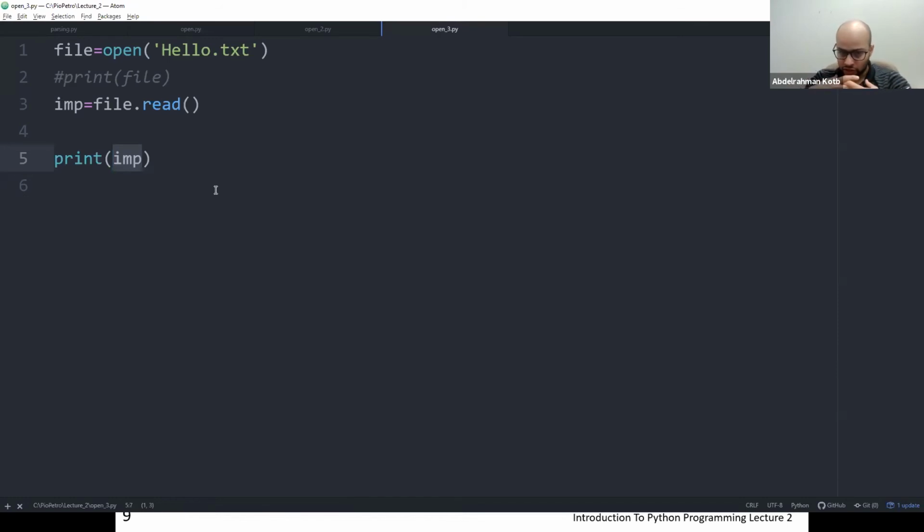Because imagine having a file that is gigabytes in size, or even terabytes in size. If you try to open this, what Python does is take this file and put it in your RAM, random access memory. And usually RAM has a much smaller capacity. It's like 4, 8, 16 gigabytes.